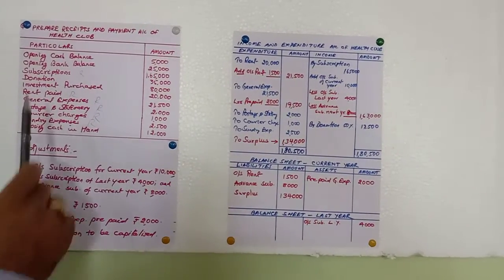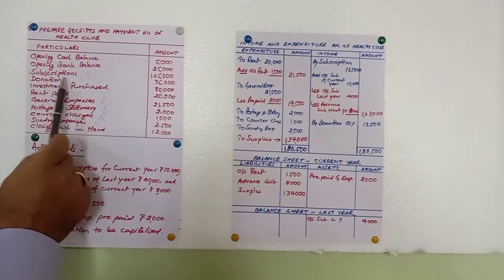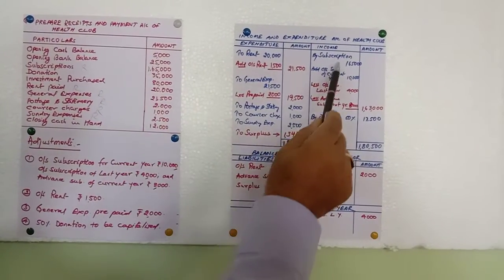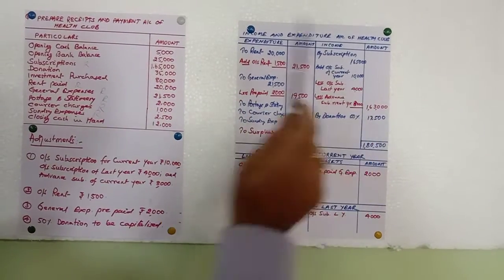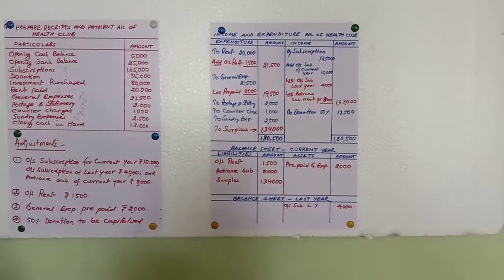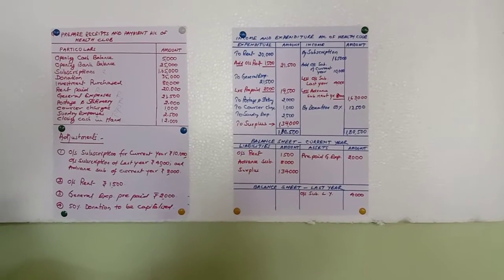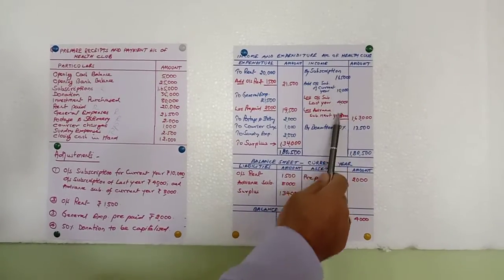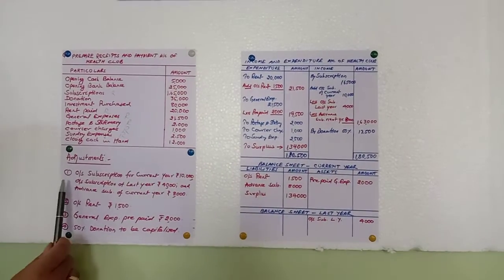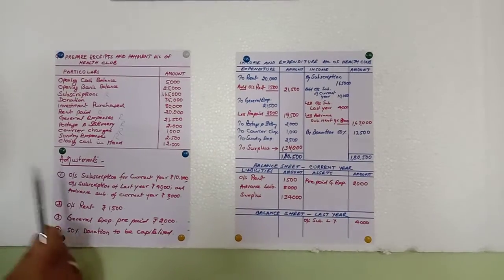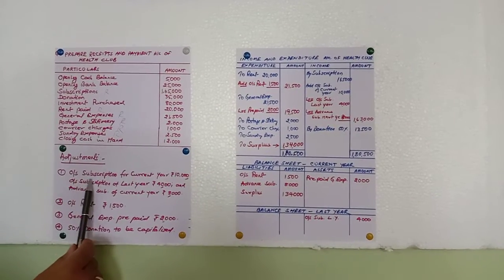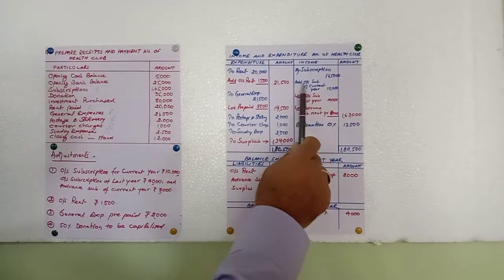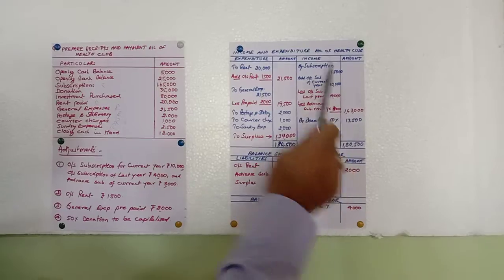Then let's come to the subscription. Subscription, again I have written subscription is given 1,65,000. 1,65,000 inner column I have written. Now you have to recall how the calculation of subscription is being taught you in the previous videos. Based on that, this is what I have done. Now relate subscription with this adjustment information. Outstanding subscription of current year. As per my notes, it says outstanding subscription 10,000 to be added.